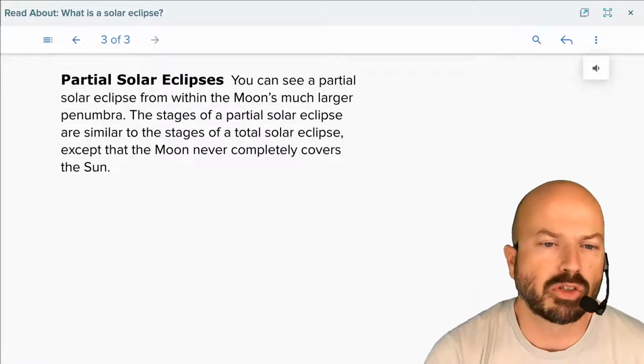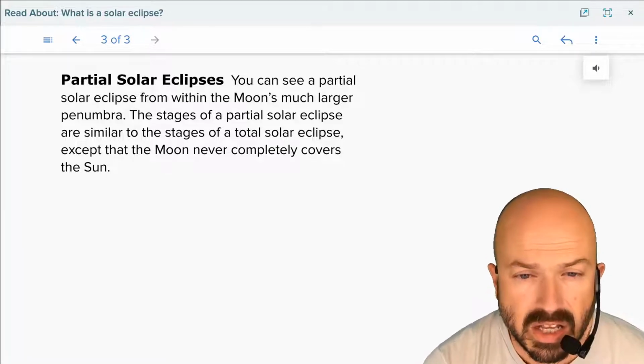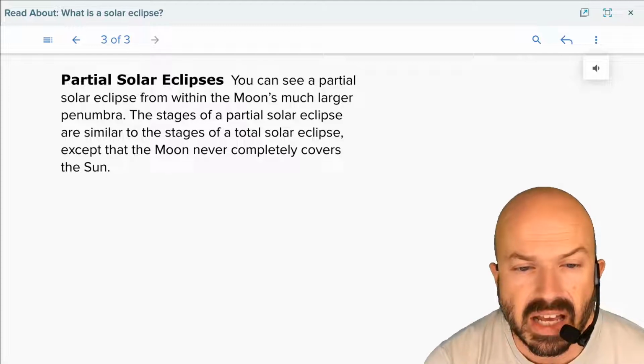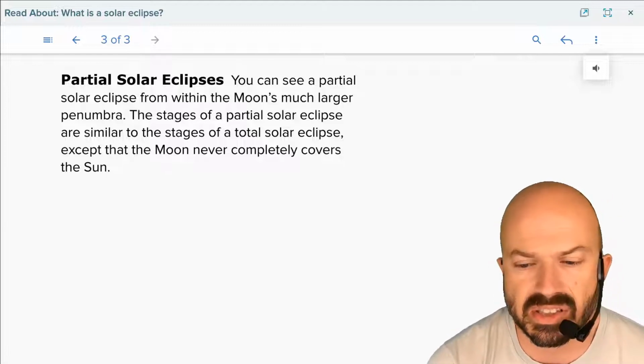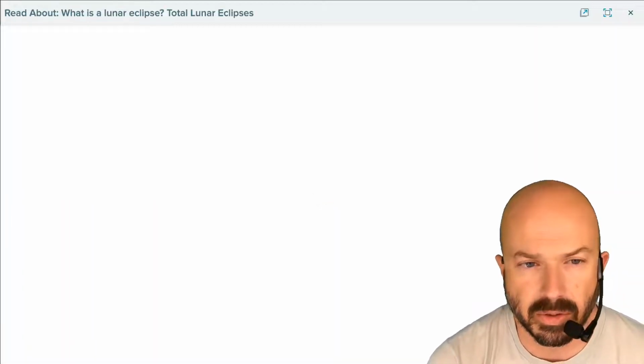You can see a partial solar eclipse from within the moon's much larger penumbra. The stages of the partial solar eclipse are similar to the stages of a total solar eclipse, except the moon never completely covers the sun. Okay, let's go to